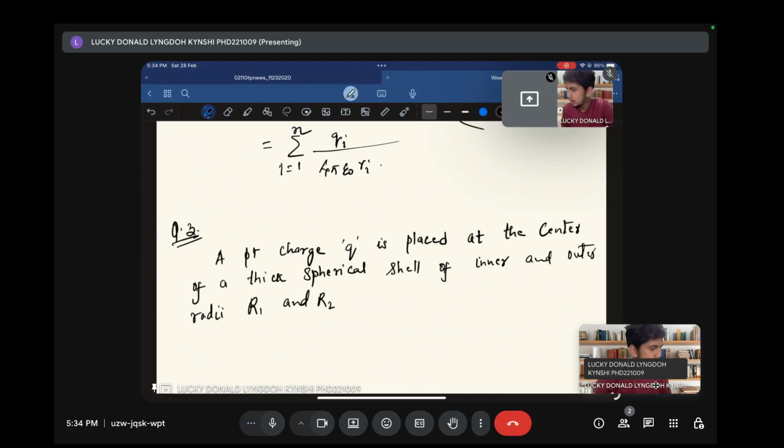Remember this. Calculate the electric displacement